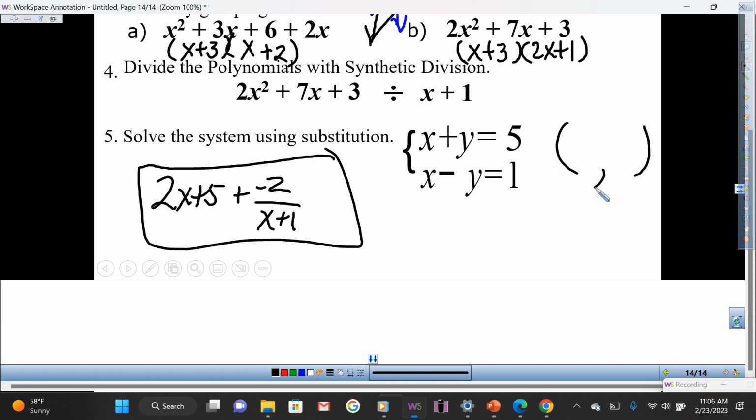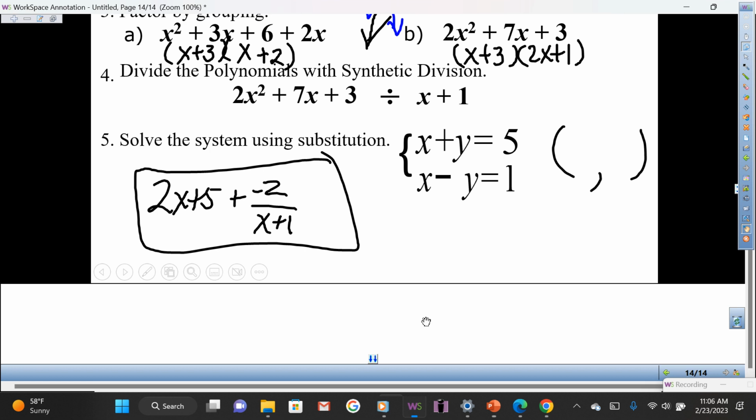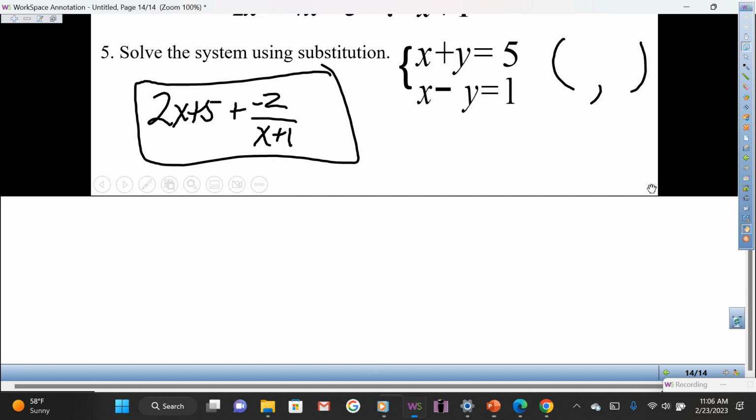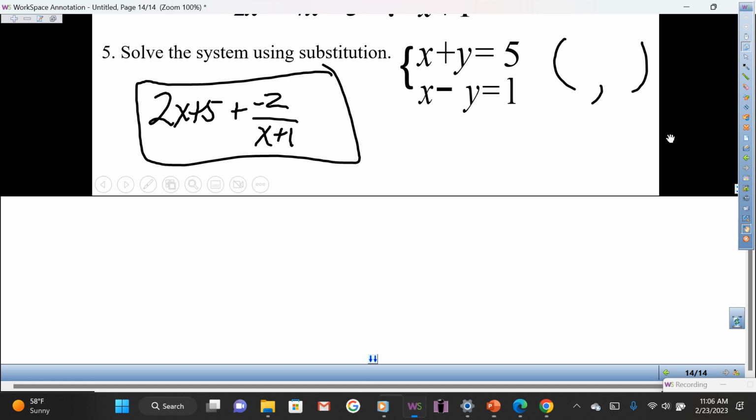Pass them one before you pass it. Share with your neighbor your solution for that one, please, before Diego passes it to someone. All right, good conversation. Diego, pass them one. 3, 2. Hands if you got that. That is correct. Now, it said to solve by substitution, but let me give you a quick preview of